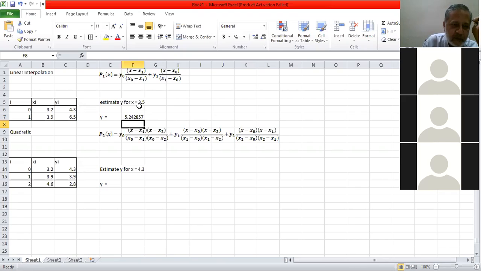Note that if I make a line with the help of these 2 points, x naught, y naught, x1, y1, for the x value 3.5 on the line I will get the value 5.242857. That means I have estimated a missing y value for a missing x value, and that is what interpolation means. Now, if I have to go for a higher degree approximation,